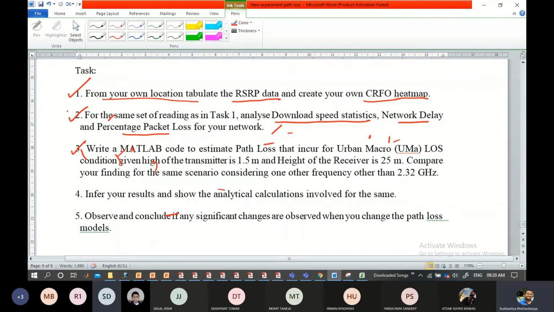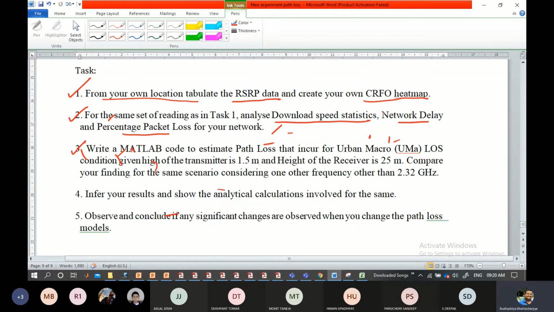Sir, for the second one, do we need even upload statistics, or only download? Only download, sir, because upload statistics will not be that much different. It will always be coming properly. The problem comes in with the download statistics, because download speed is what varies a lot, unlike upload. So you have to follow the download speed, because that gives you an understanding of how the network is. Even in our Wi-Fi or everywhere, we mostly check the download speed. How much is the speed for download? That is what we are focusing on more.